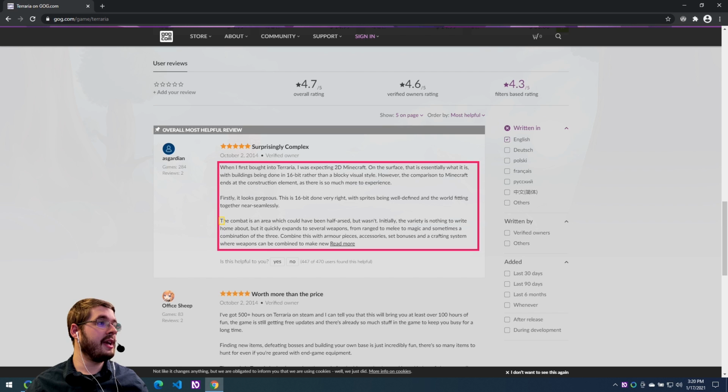I just need to remember what NVDA's keyboard shortcut was for next paragraph. There it is. All right, so